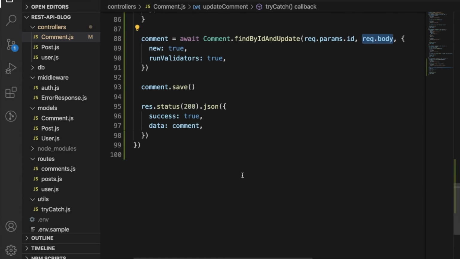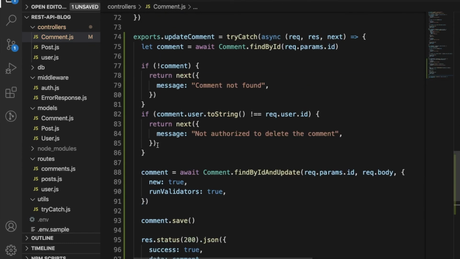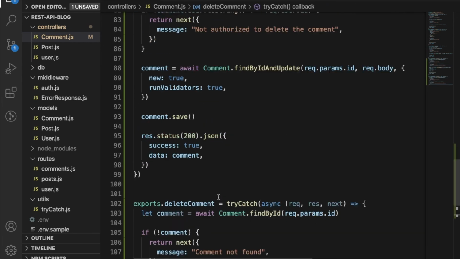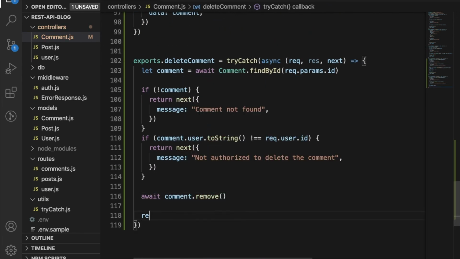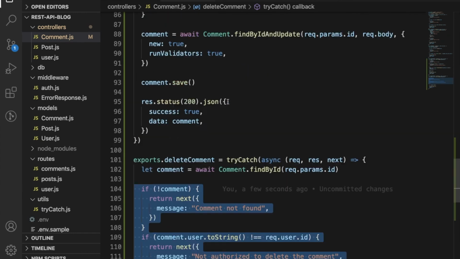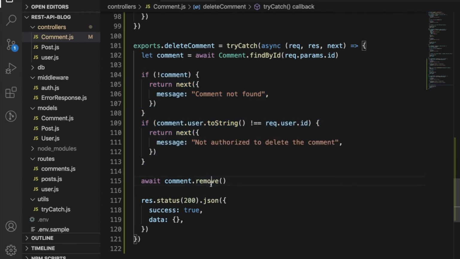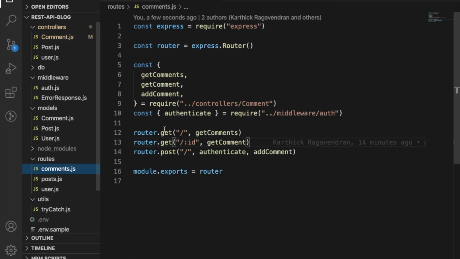Let's also do the delete comment and just implement them together. Okay, so we checked the two conditions we checked here in the update comment. If both satisfied, we're going to go ahead and remove the comment. So let's connect this to